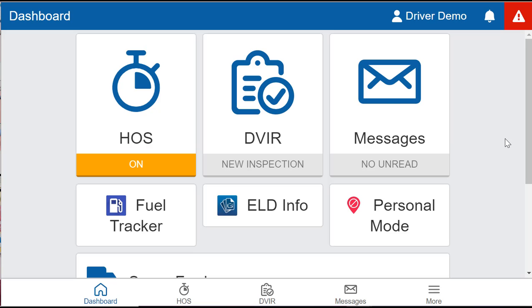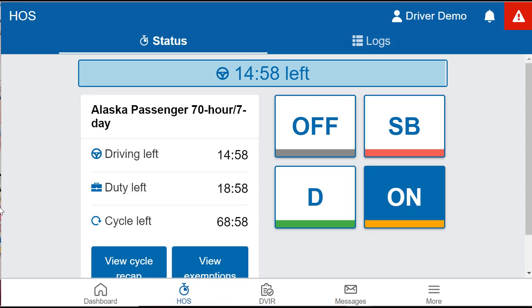Most of the time you're going to spend is here on this HOS menu. We're showing ourselves on duty right now. Simply put, when you log in the morning, you log in, select your vehicle, perform your DVIR, and then you can hang out on this screen. You'll be on duty until you start driving around. The system will automatically switch you from on duty to drive, and then back to on duty again as you go through your day. When you need to take a break or otherwise go off duty mid-shift,